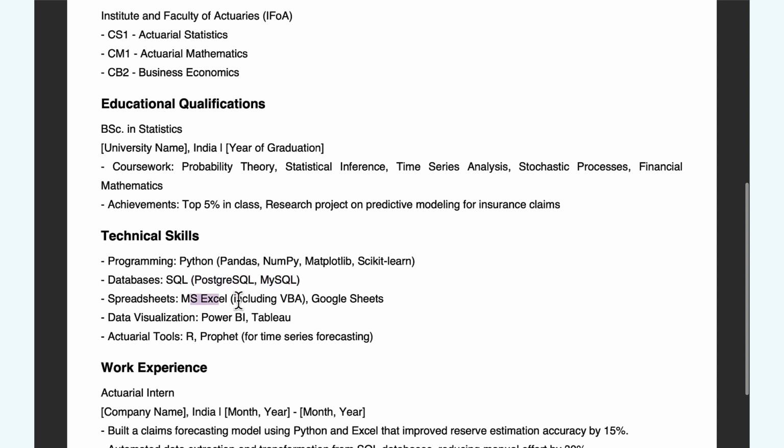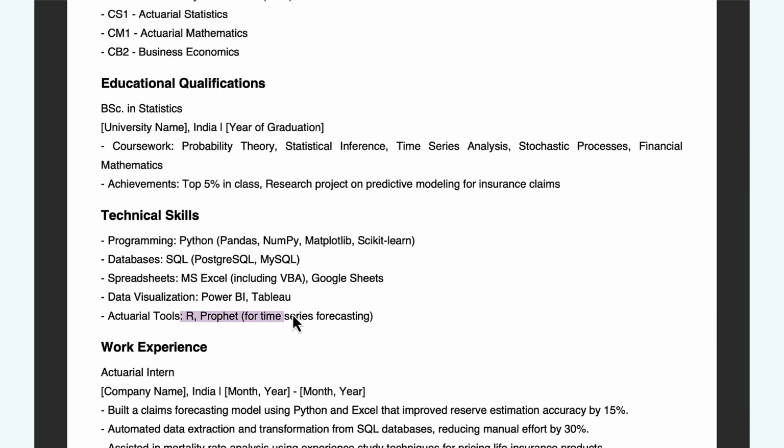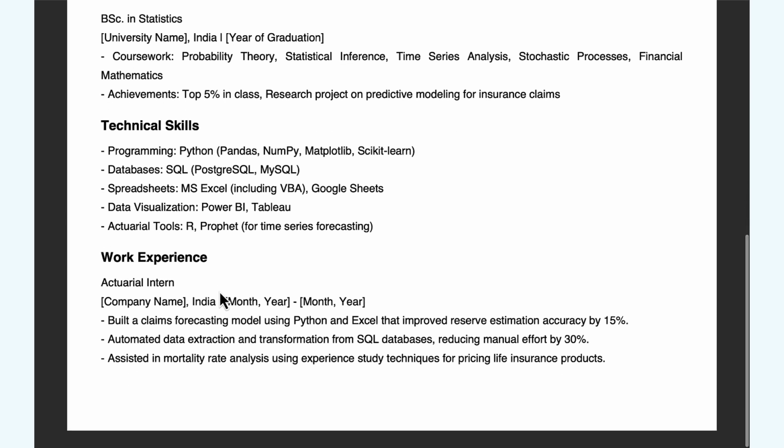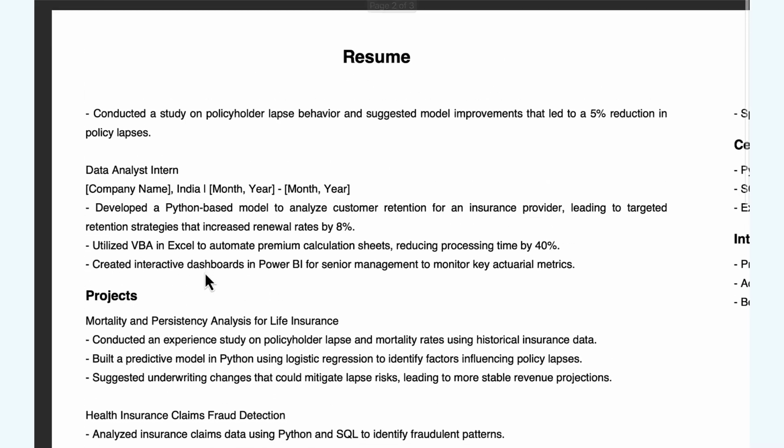Then Microsoft Excel, again, you can write in more detail here. Here I've mentioned including VBA, but you can write advanced Microsoft Excel, including functions like VLOOKUP, pivot table, all of that. So you can mention it that way. These things need to be in more detail. If you know some tool, what is the level of detail you know it at, and what are the various libraries or functionalities that you're familiar with. Then you should add a section on your